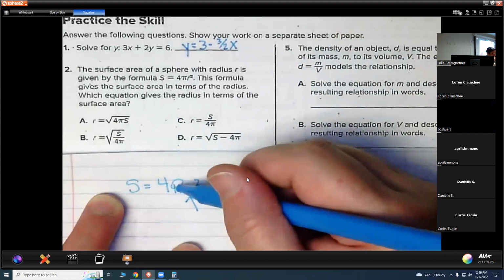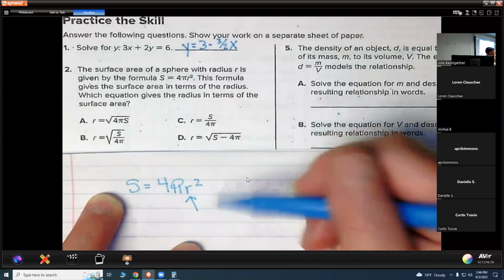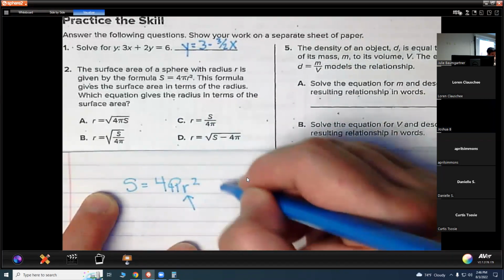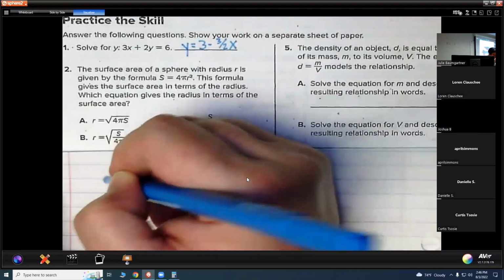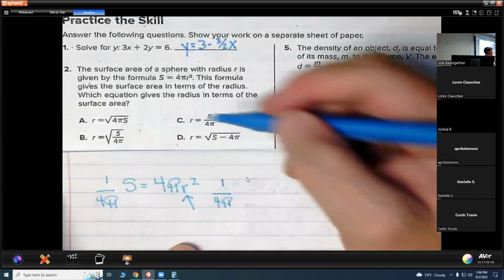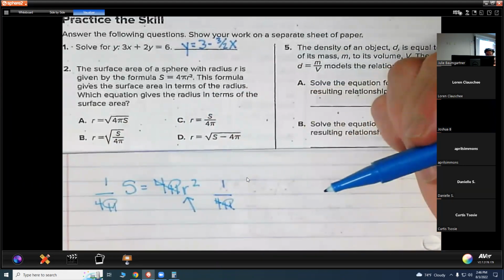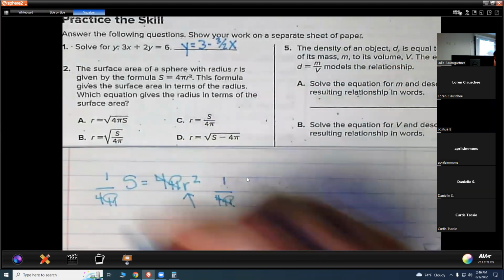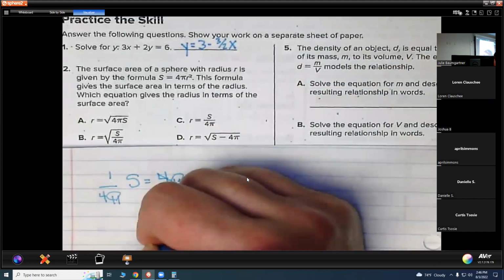This is 4 times pi times r squared. So I want to divide by 4 pi, 1 over 4 pi, because that way my 4 and my pi cancel on this side. 1 over 4 pi times S leaves us with S over 4 pi